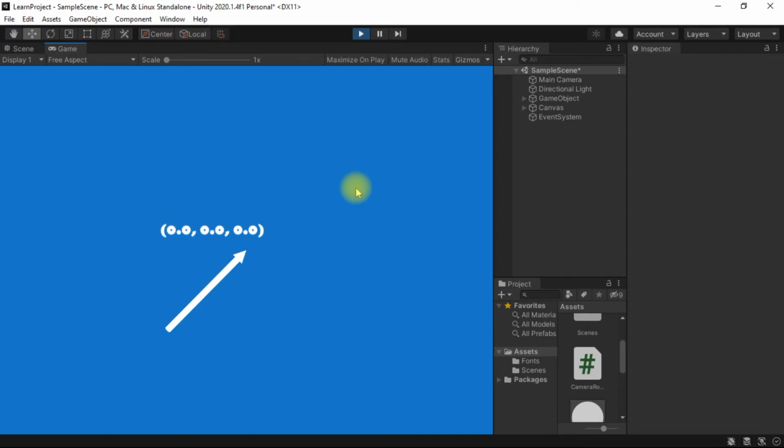And on the other hand, we have the direction vector. If you want to shoot an arrow or a bullet in a certain direction, then you have to specify a direction vector. And note the main difference between the direction vector and the position vector. Mathematically, direction vectors have no origin, whereas position vectors have an origin, and that is why they are called position vectors, because they represent a position with respect to some kind of origin.